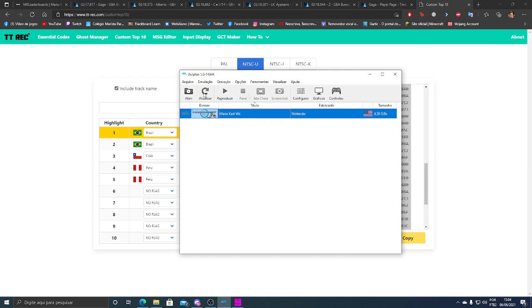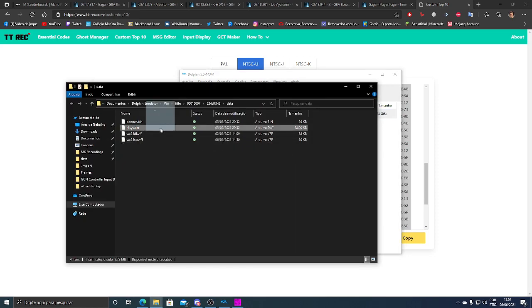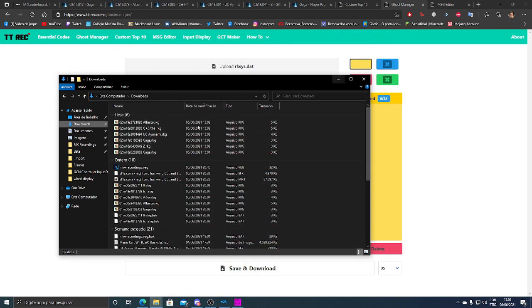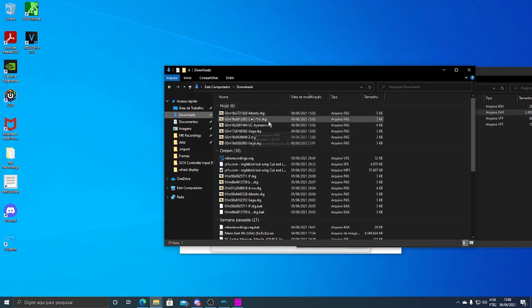Next thing I do is to set up the ghost. So press the right key in the ROM, go here to open the save folder, and here is the most important save file, the rkc.dat. This is not the case today, because Gaga used his own Mii, but we can actually change here the names of the Miis and the flags to sync with the MK leaderboards. This is not mandatory, I just think it's better, so I use a hex editor. My case is HxD. Then I can go here, into the ZN,